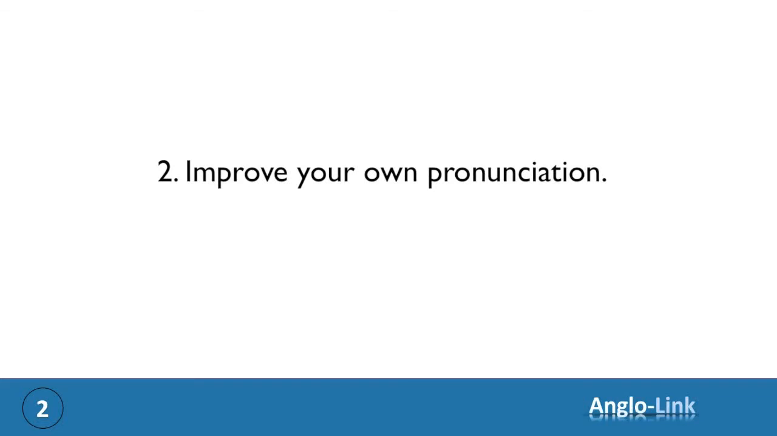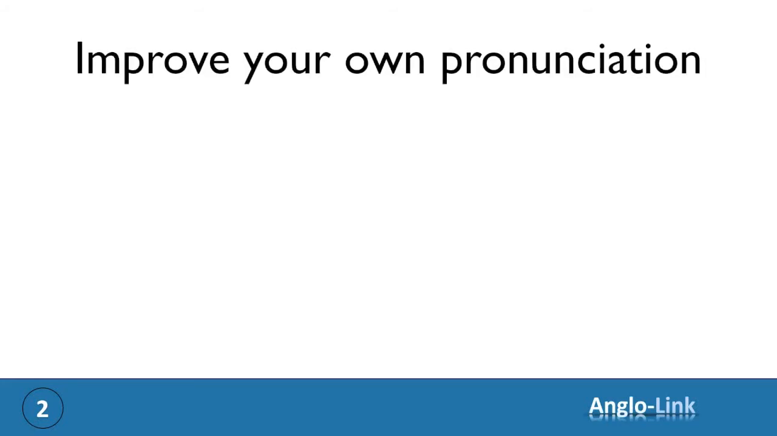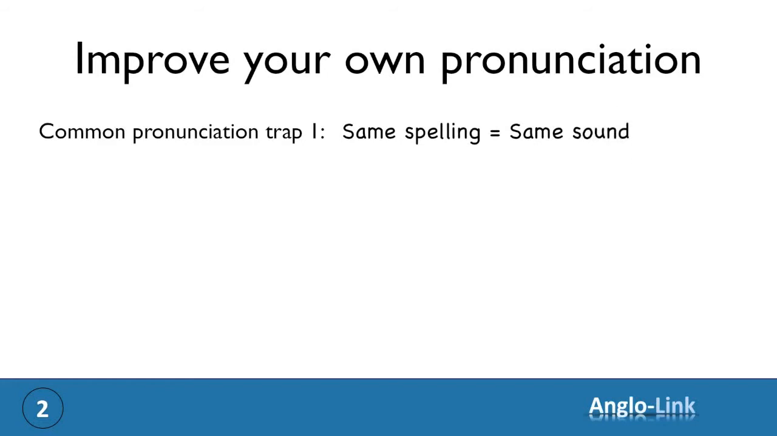There are two common traps if you have guessed the pronunciation of a word by reading it. The first common pronunciation trap is believing that two words with the same spelling will have the same sound. Let's give you an example. If you think that the combination of letters E and A always sound like E, as in Jean, then you will mispronounce the following words: